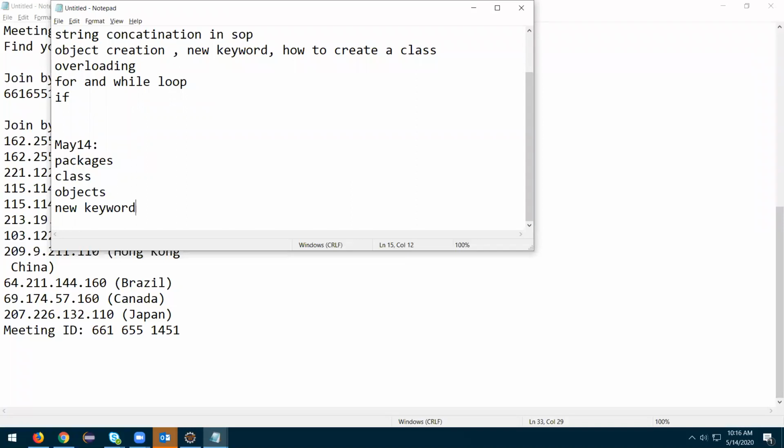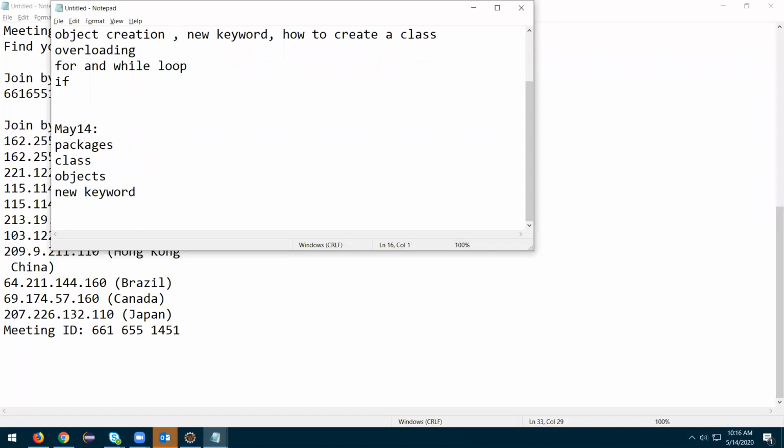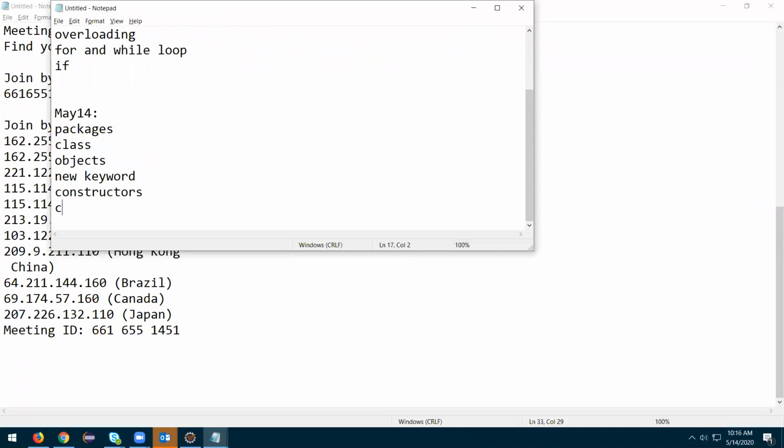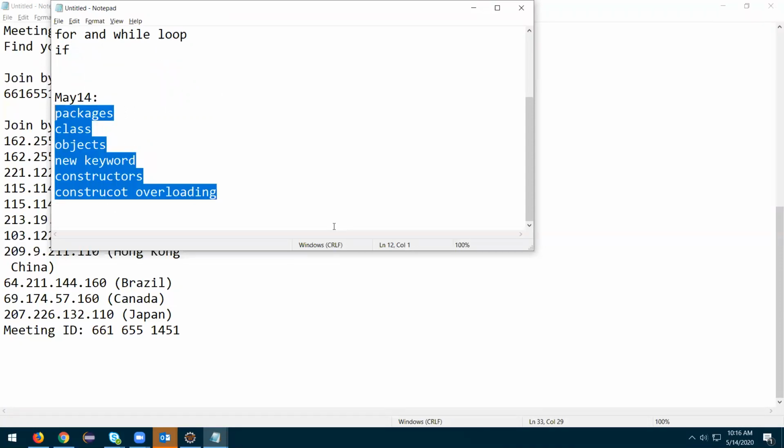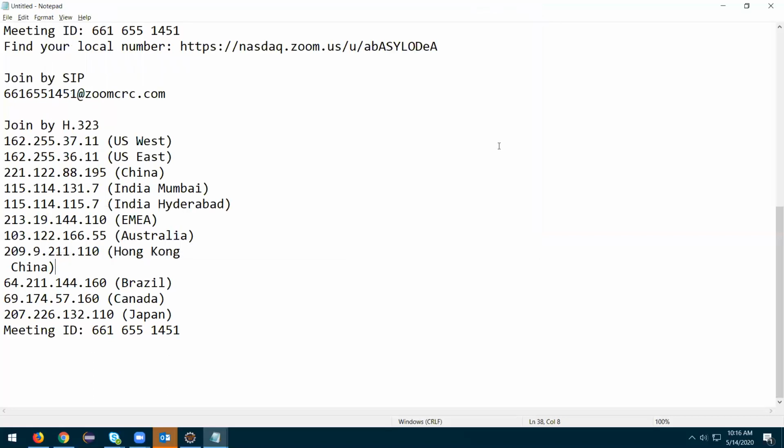We basically create objects using the new keyword, and we talk about constructors and constructor overloading. And while discussing some classes, we discussed some theoretical concepts and all. But overall, this is what we learned today.